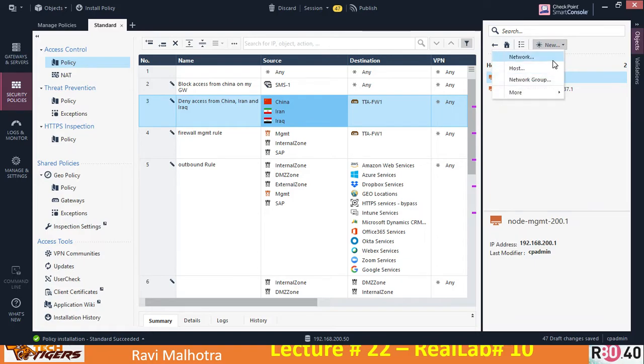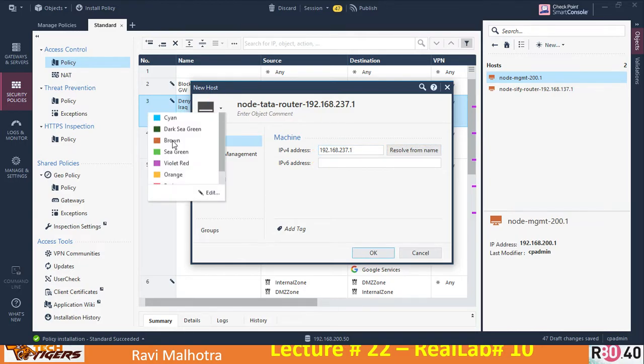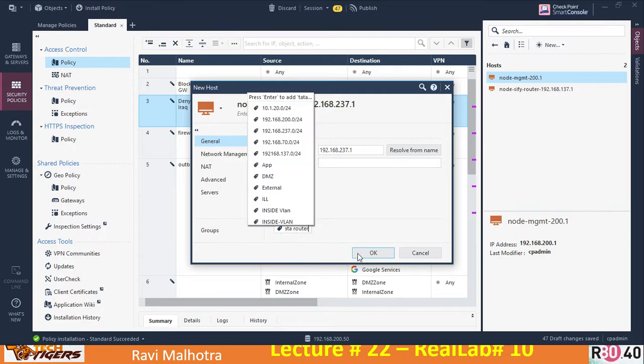New host, node TATA router, 192.168.237.1. Color is brown. Okay, and give it a tag TATA router. Okay,